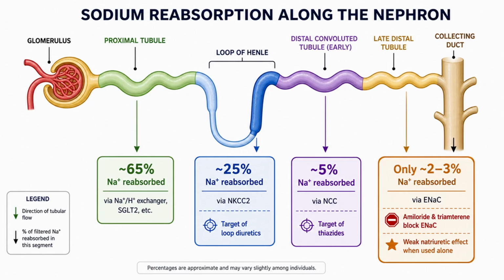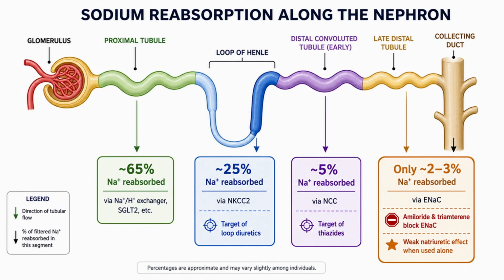Let's do a quick and simplified refresher on sodium reabsorption across the nephron. The proximal tubule reabsorbs about 65% of filtered sodium through the sodium-hydrogen exchanger. The thick ascending limb of Henle reabsorbs about 25% via the sodium-potassium 2-chloride cotransporter. The early segment of the distal convoluted tubule reabsorbs about 5% through the sodium chloride cotransporter. And finally, the late distal convoluted tubule and collecting duct reabsorb only about 2 to 3% of filtered sodium via